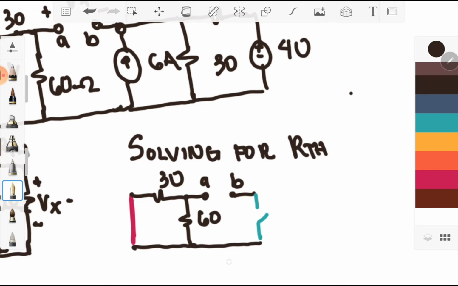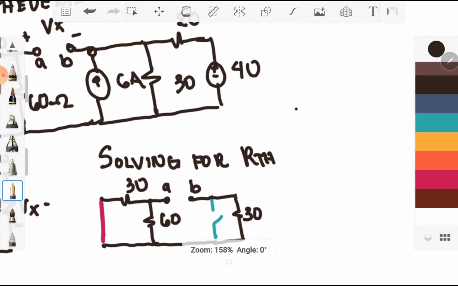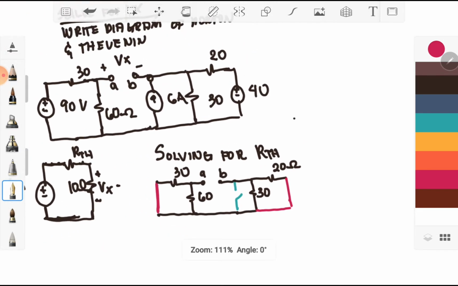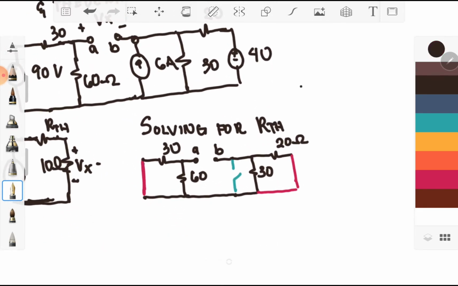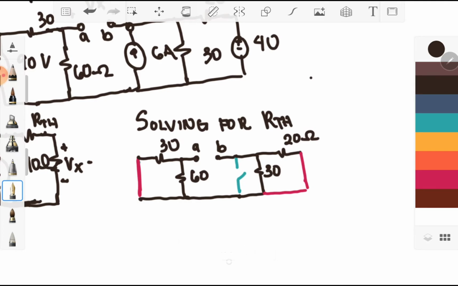And a 30 ohm resistor in parallel with it, a 20 ohm resistor in series with a shorted 40 volt source. Okay, so solving for RAB or your RTH,